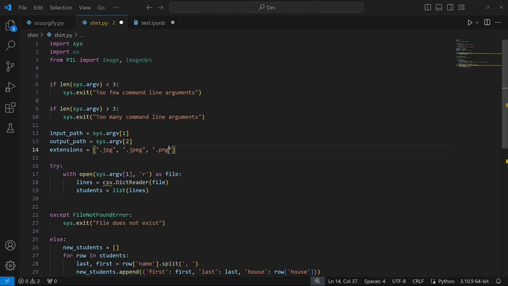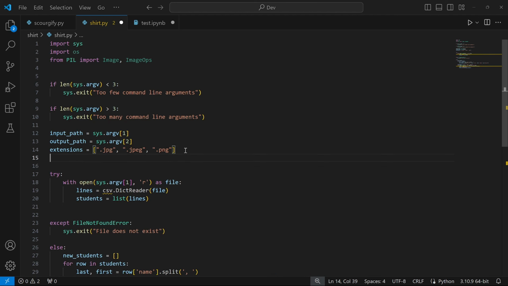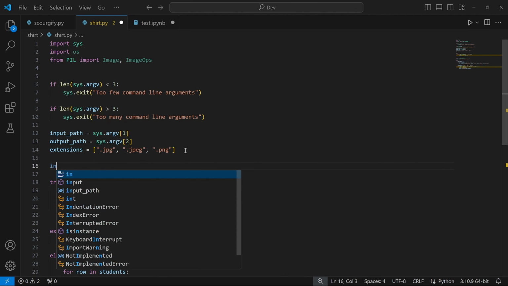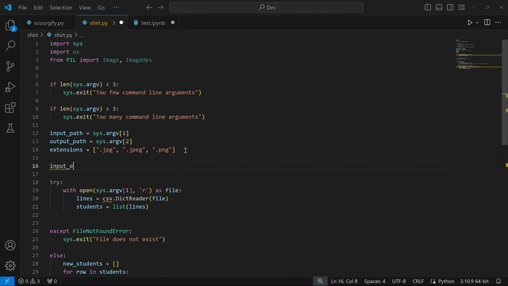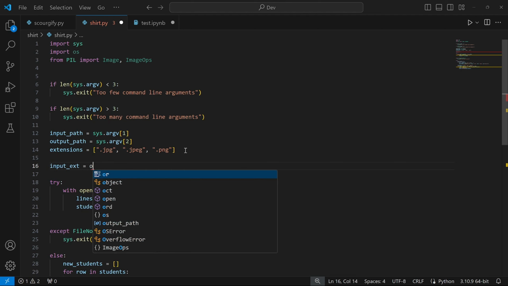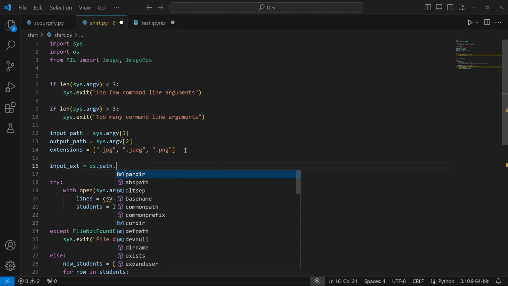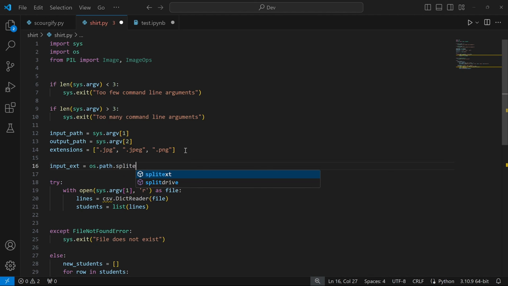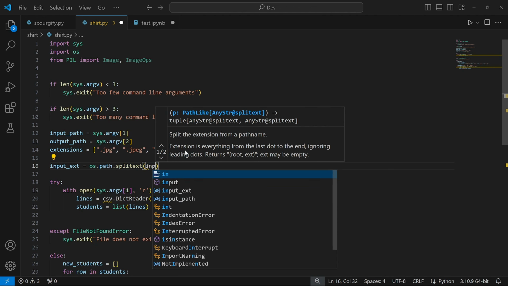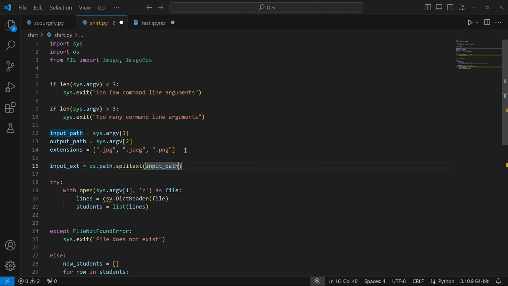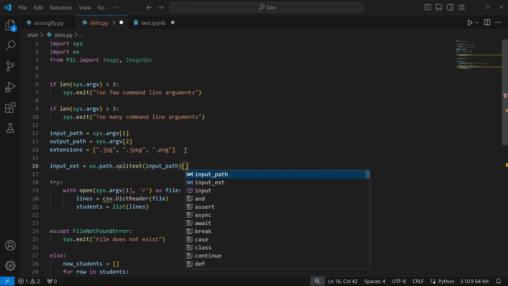And next, using the splitext method from the module os, I'm going to get the file extensions for the input path and the output path. I'm going to save these extensions in two new variables. The first I'm going to call input_ext for extension, and I'm going to assign this to os.path.splitext, where I pass input_path as a parameter to this, and I'm going to select the result from splitext at